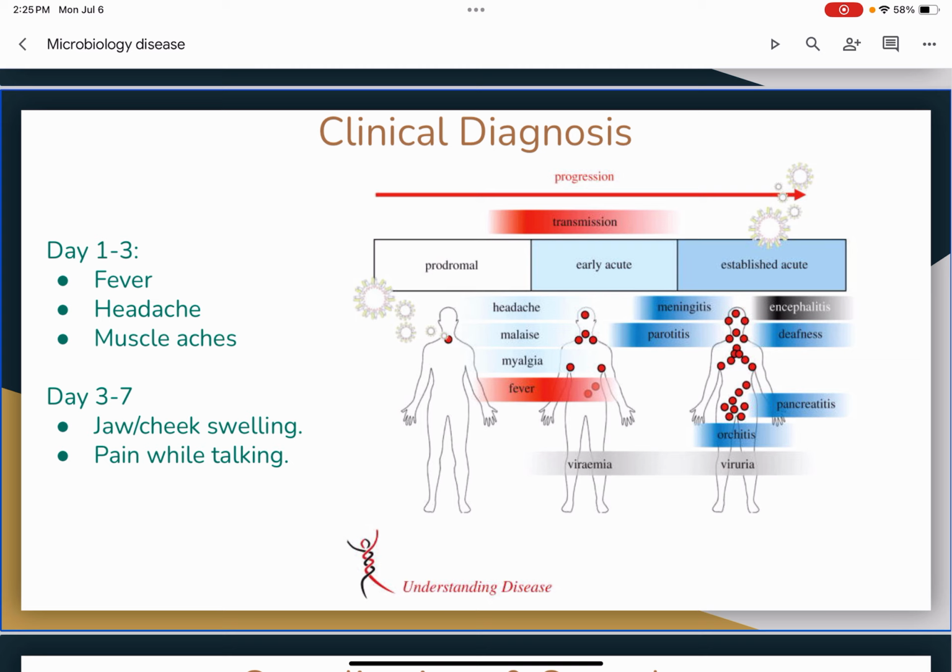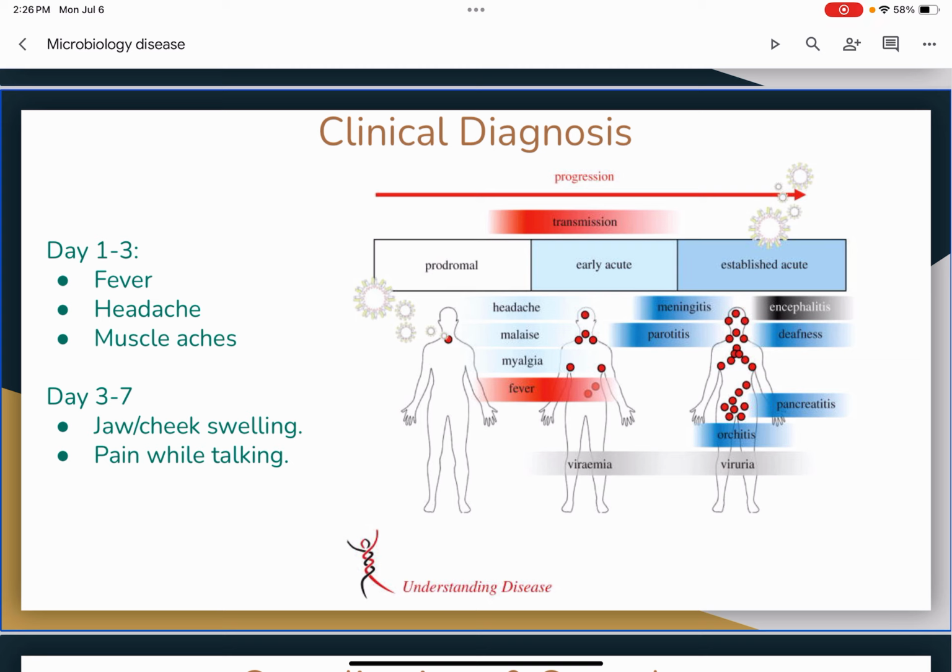However, as the infection progresses, usually around day 3, we can see some inflammation of the salivary glands, leading to the swelling of the jaw and the cheeks that I was talking about. We also see pain while chewing or talking, ear pain, swelling beneath the floor of the mouth. Some patients even